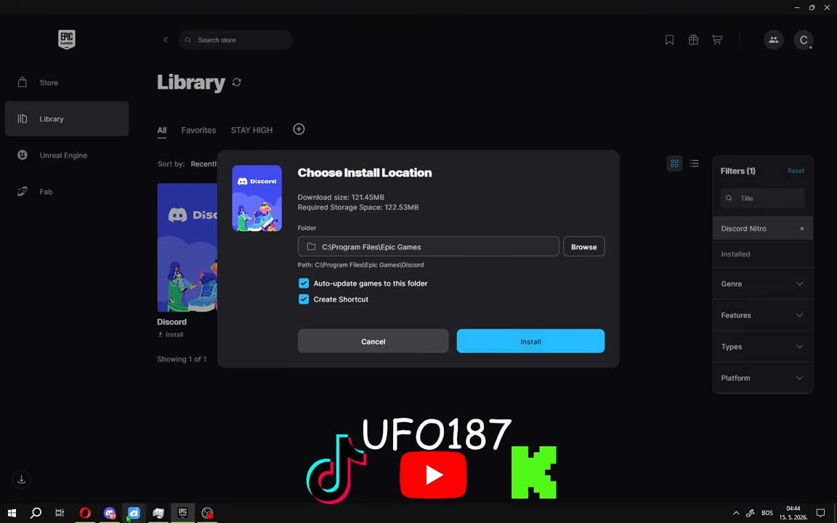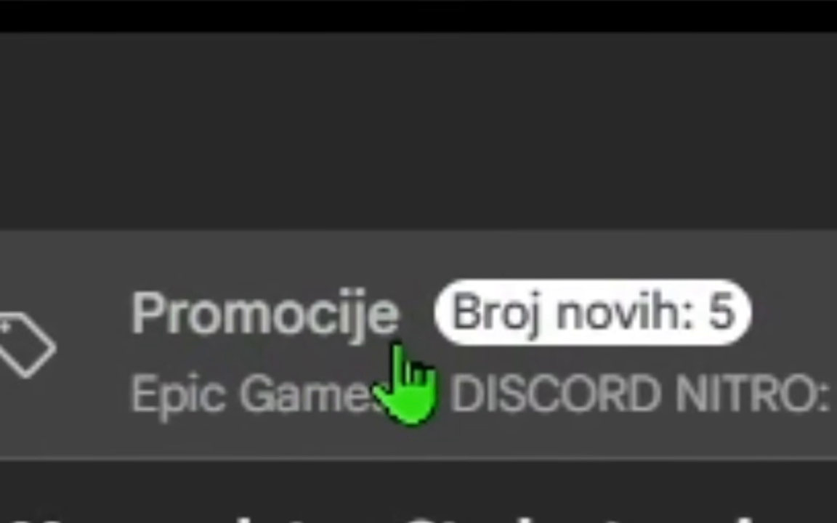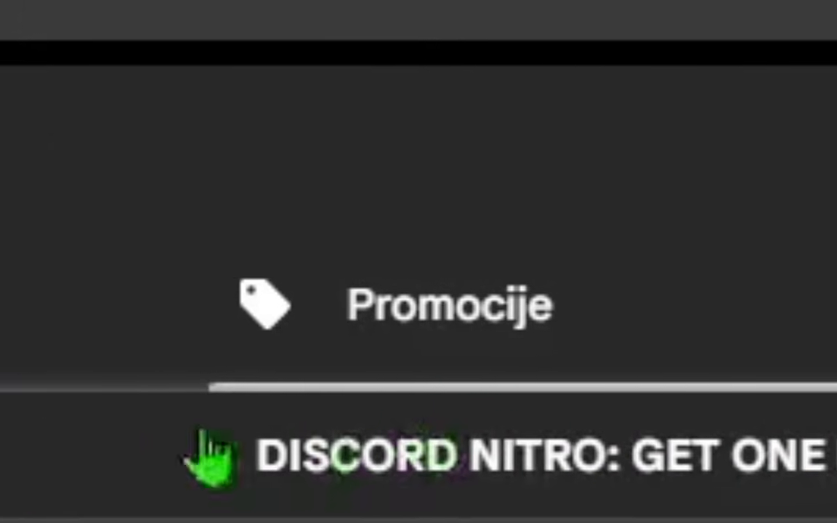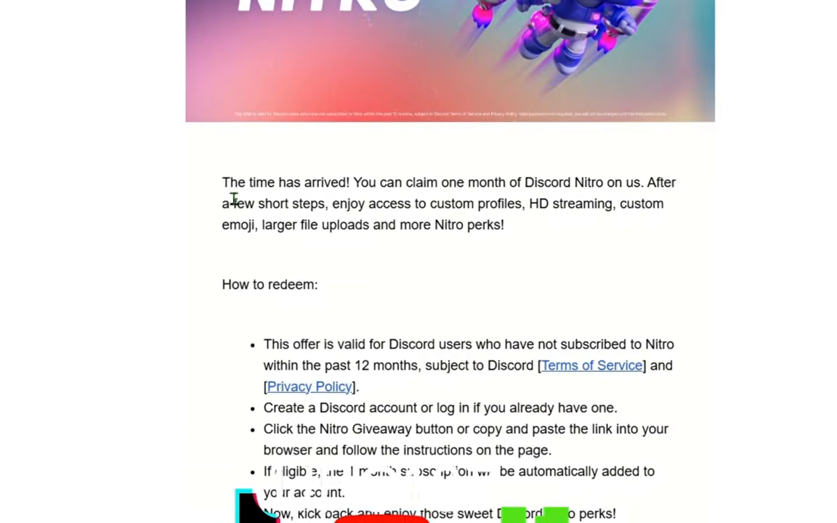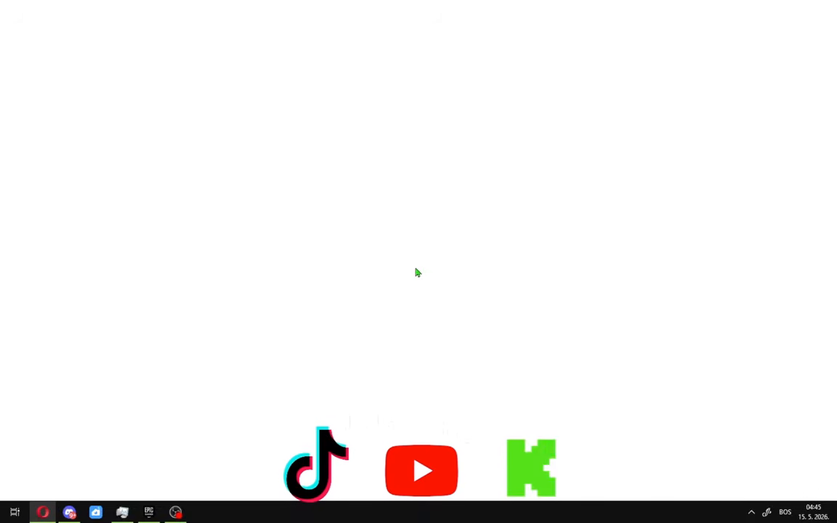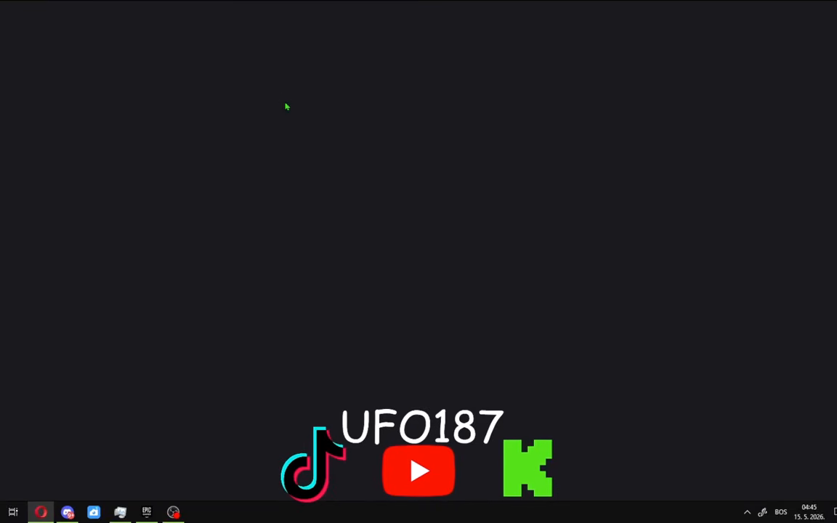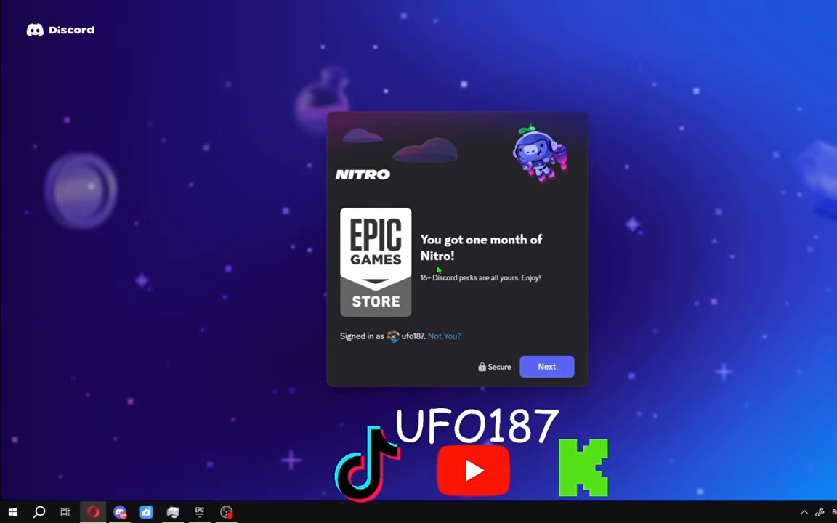After you install Discord and log in like me, just go to your mail where your Epic Games is connected. After you log in on your mail, you will see Promo. Move to Promo and you will see Epic Games 1 month of Nitro. Open this message, you will see your time has arrived, and go redeem it now. Click on it and you will see this in your browser. Log in on your Discord like me, and you will see this message: you got 1 month of Nitro. Go here,